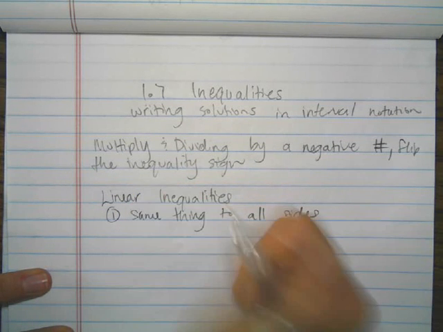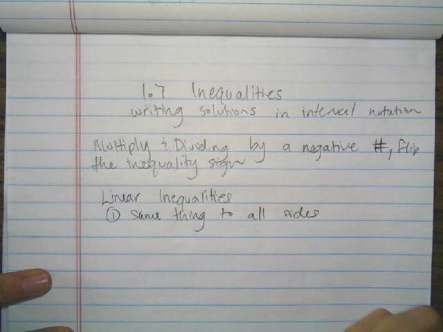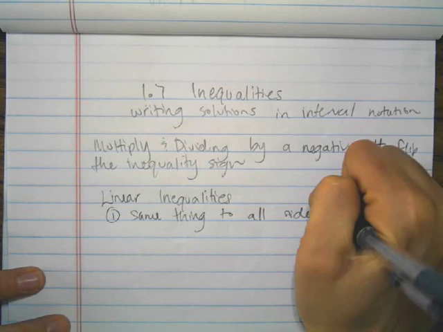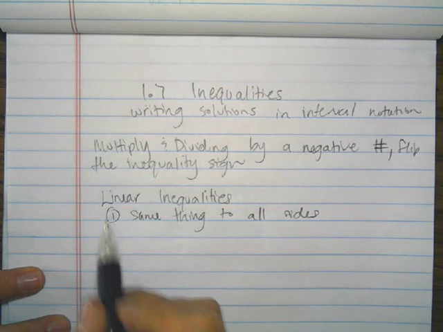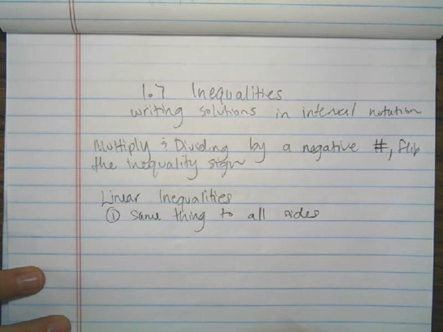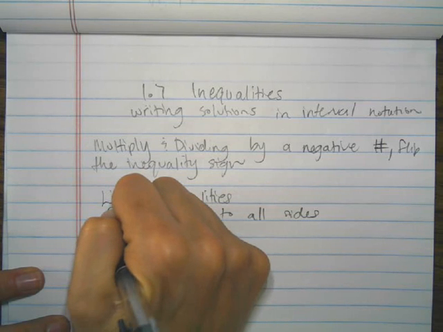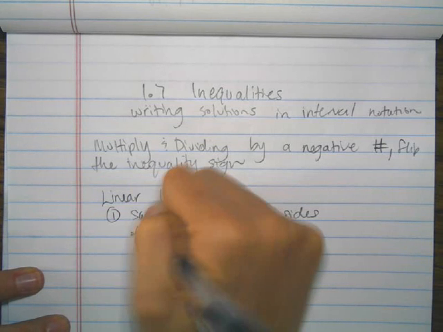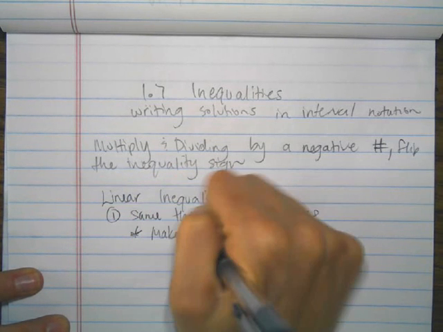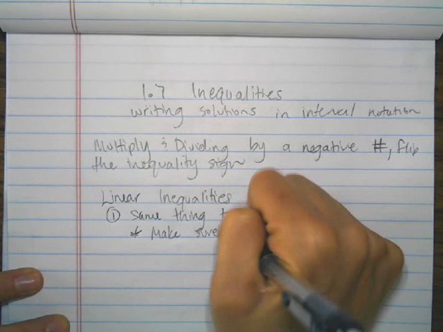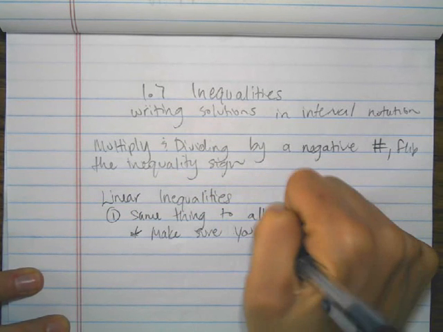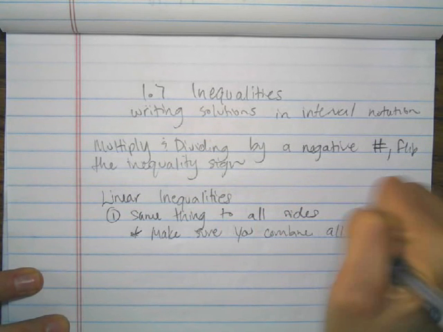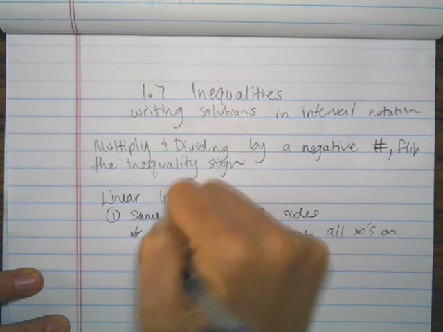So, an example would be -2 is less than 8 minus 2x, which is less than or equal to -1. So we want to get the x alone in the middle, so we're going to subtract the 8 from all sides. Because it's a positive 8, so we want to get rid of it to make it 0, so we subtract it. So we get -10 is less than -2x is less than or equal to